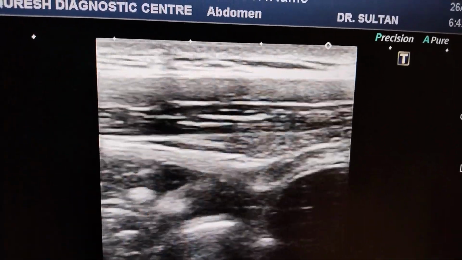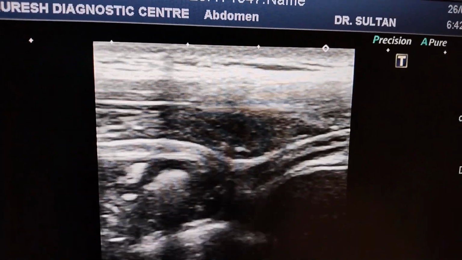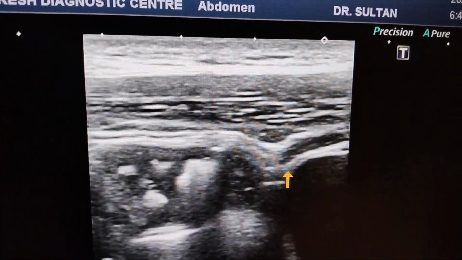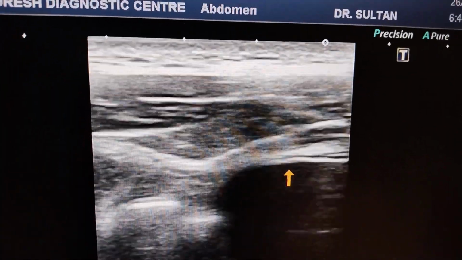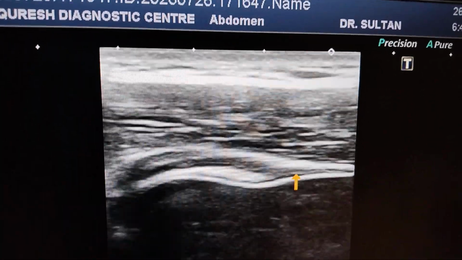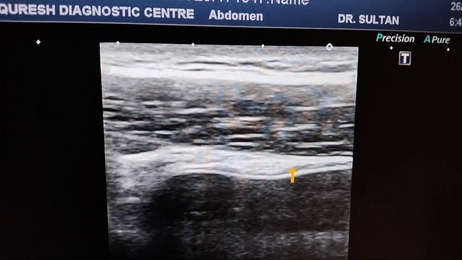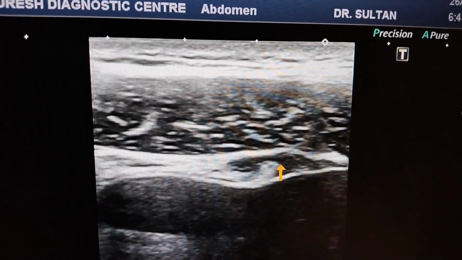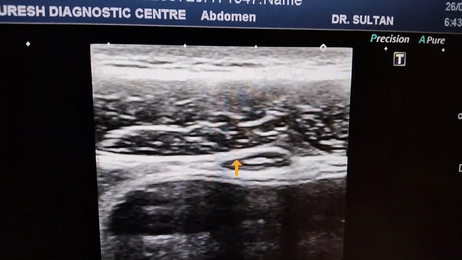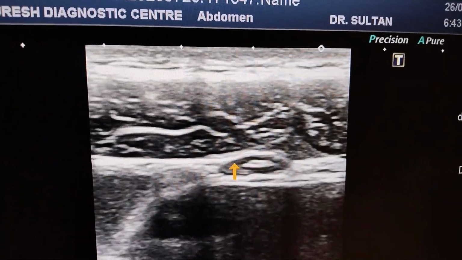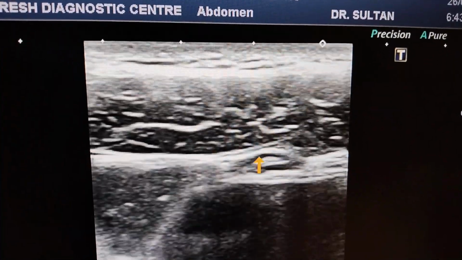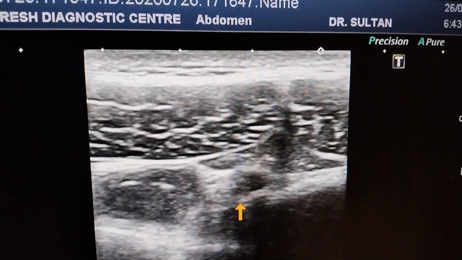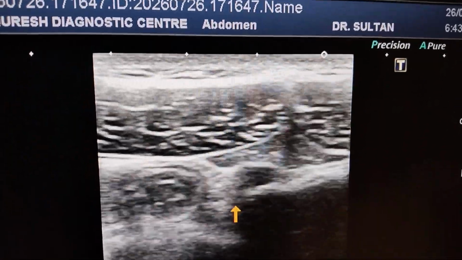I am moving upward and look at this. So in longitudinal direction it is difficult to follow. I have now placed the probe in transverse direction to follow this. Look at the walls, they are thick, and this is the sinus tract, the white one in between, and now I am following. It has gone